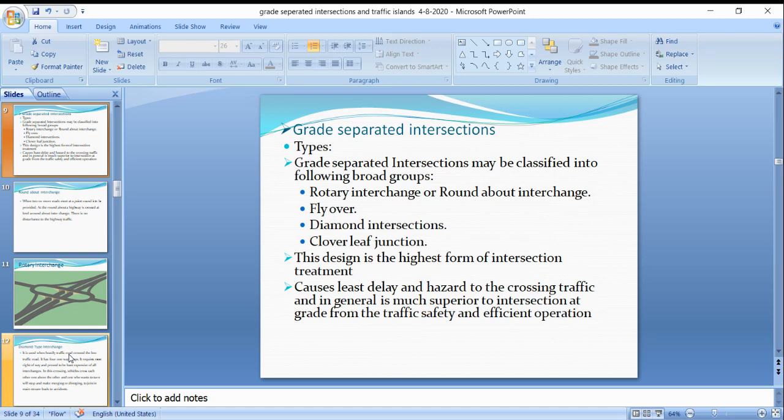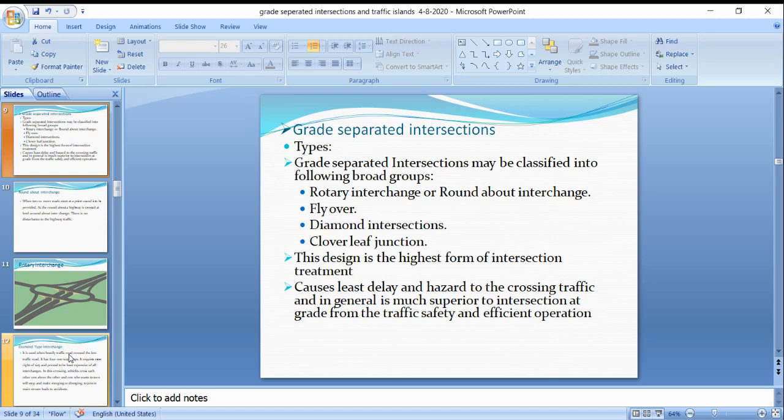Where there is more traffic, and delay should be least when going to places, they will provide these intersections. And where there are more chances of accidents, they will provide grade separated intersections,